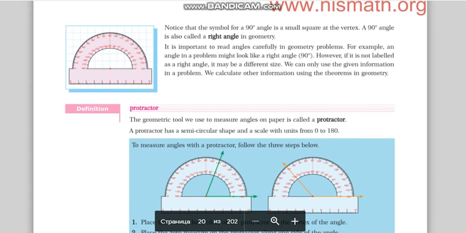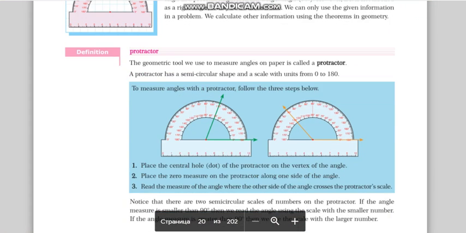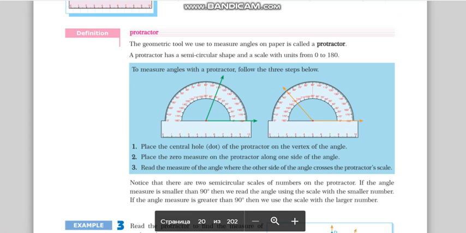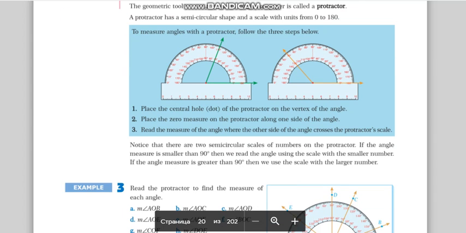So guys, what do you see here in the picture? What instrument is it? We use it in geometry lessons, and it's called a protractor. It has a semicircular shape and a scale with units from 0 to 180. We can measure angles with this protractor. We can follow 3 steps